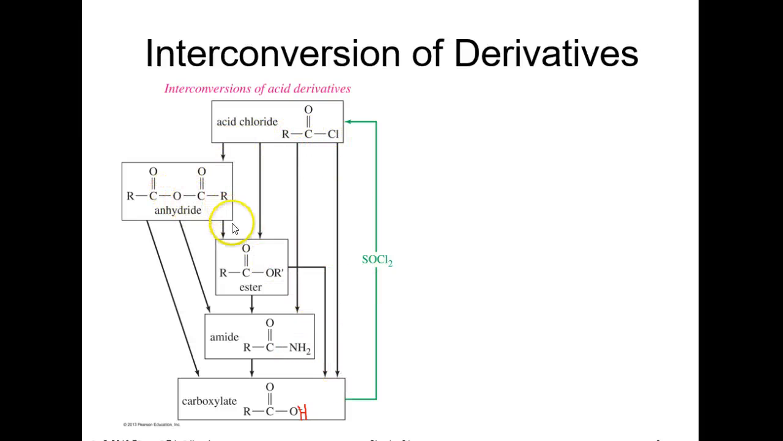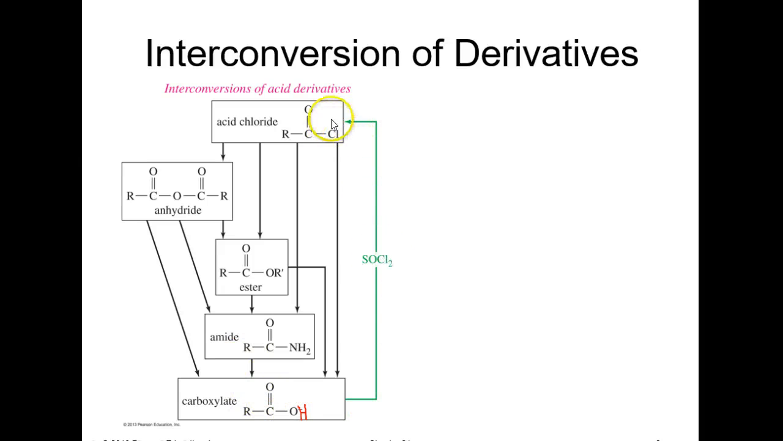The anhydride can make an ester, an amide, or a carboxylic acid. The ester can make an amide, there's the arrow, and the amide can make a carboxylic acid. And the amide can just make a carboxylic acid. However, the carboxylic acid makes the